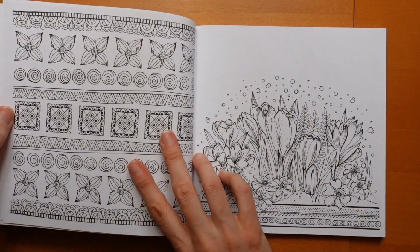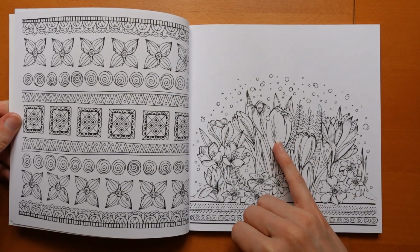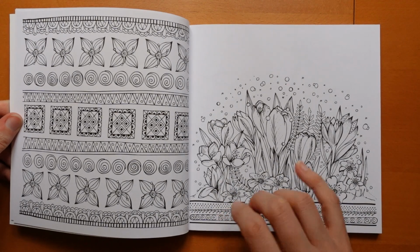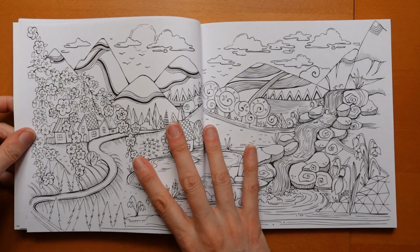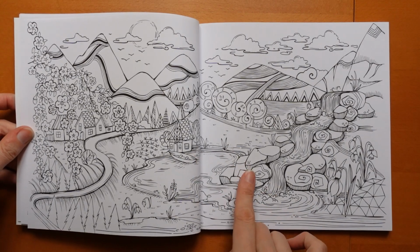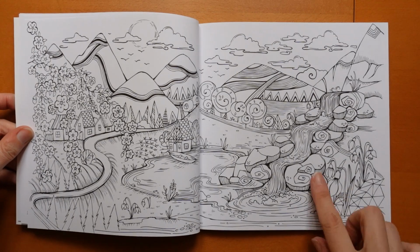Oh, that's a pretty pattern, look. So we have flowers and shapes, it's really nice. Oh, crocuses, definitely crocuses, and maybe they're all crocuses. And again, we have this, it looks like snow. I'm sure it probably is. Or we have some mountains. That's a pretty double page spread. So we have a sort of lake and beautiful blossoms, look. Really nice. And again, some of these